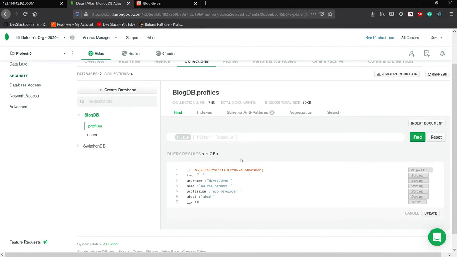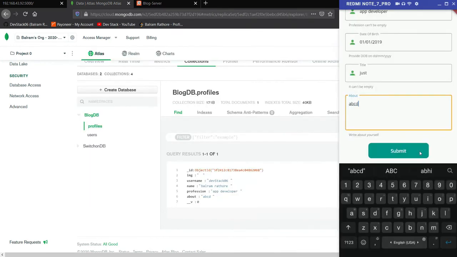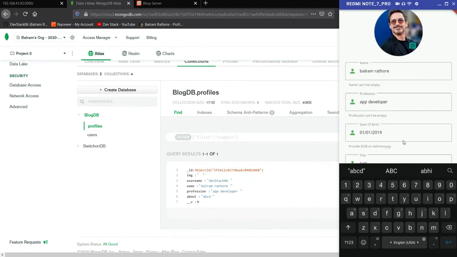So this video is already long. In the next video, we will add a circular progress bar over here, and we will also call the image endpoint here. So day after tomorrow I will surely make that video also, and we will wrap the create profile screen.